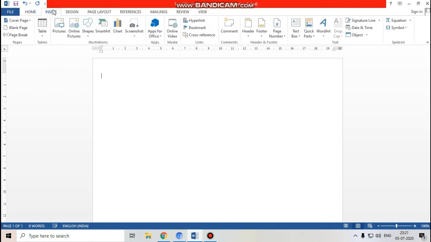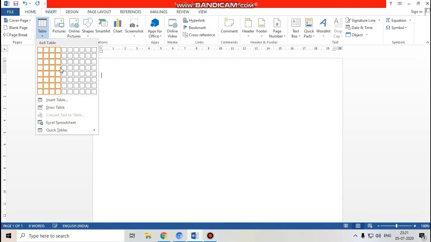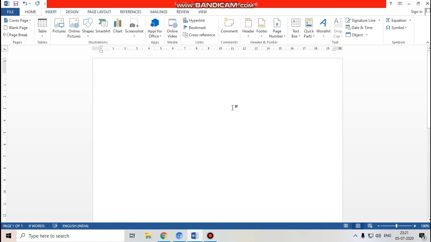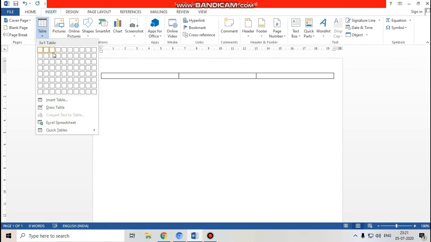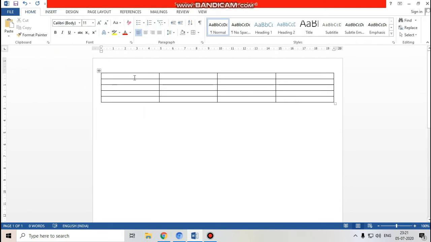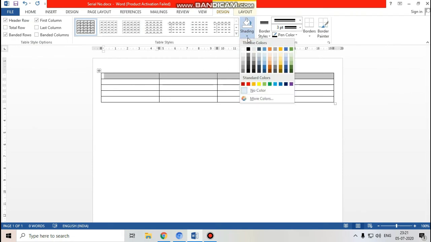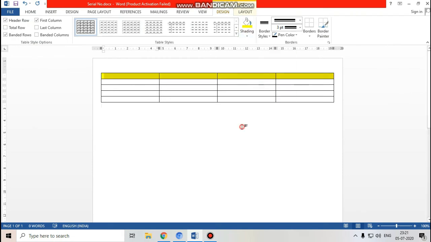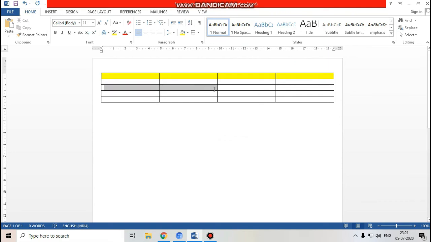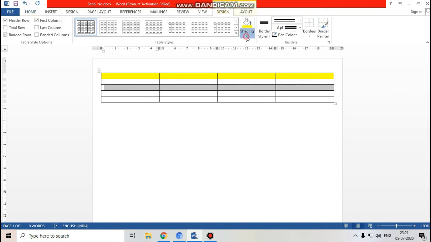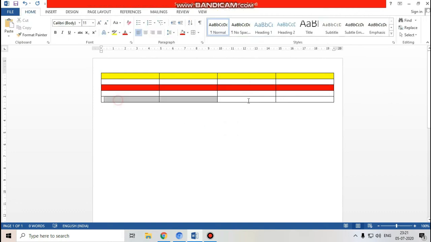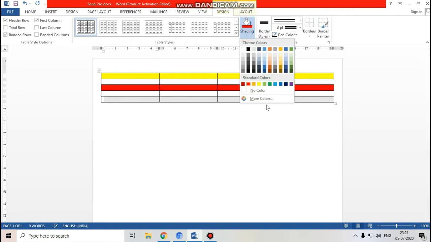So again, you have three methods: insert table, which is automatic, this is insert table, and this is draw table. So here you can create a table according to your choice. Here is one more thing I'll show you. After making a table, you can color it also. Suppose you want to change the background color. Shading, remember, shading is the option. If you want to put a different color in this cell, click on shading. So you can make your table colorful.